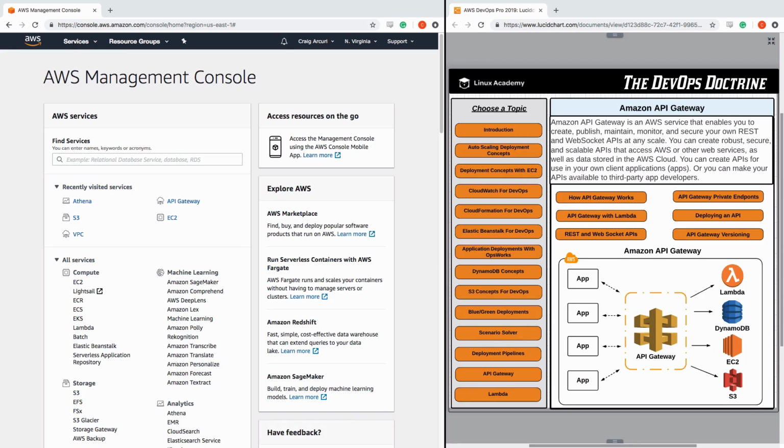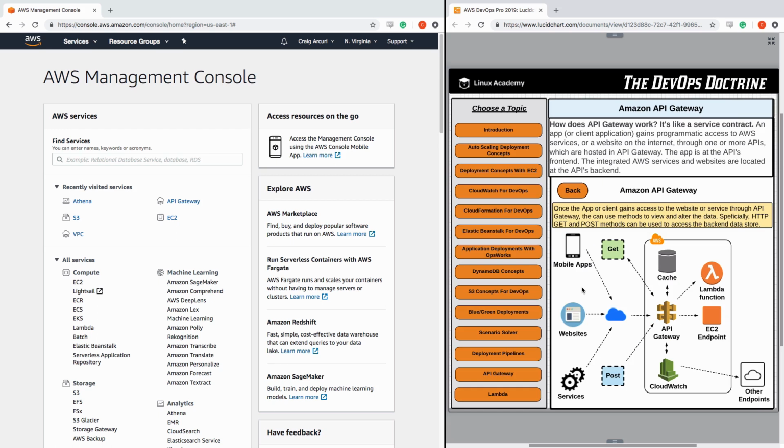Hey folks, welcome back. So in this lesson, we're going to take a look a little bit deeper into how API Gateway works. So looking at our DevOps doctrine, let's click on how API Gateway works. And I think a good way to describe API Gateway is that it holds these APIs, which in a sense are a service contract. So you can subscribe to these APIs and you're guaranteed certain behaviors and levels of service